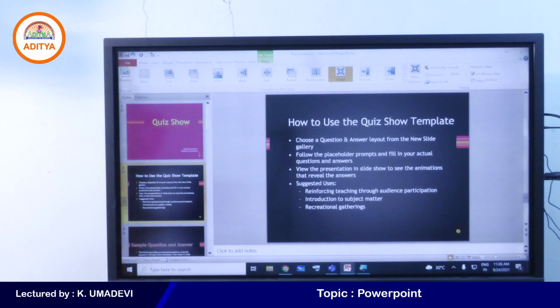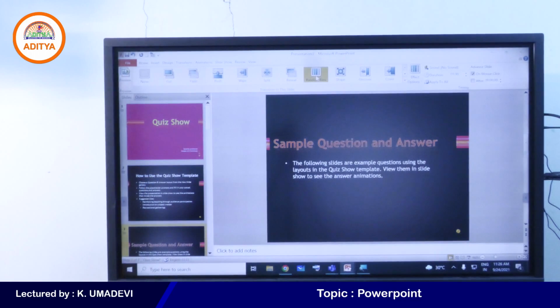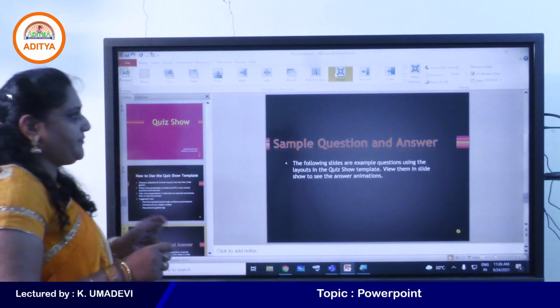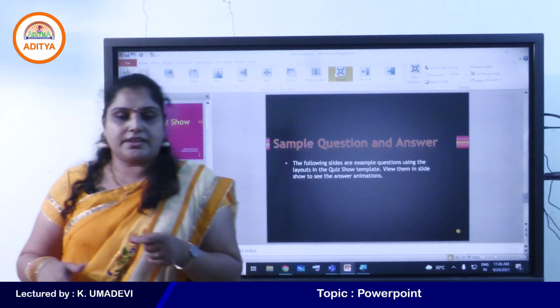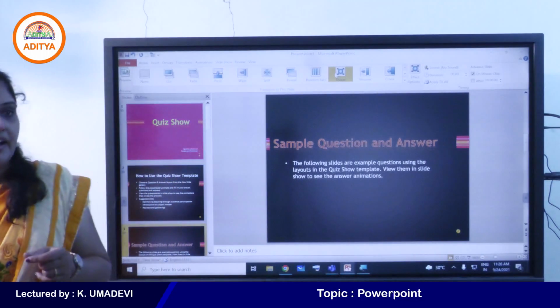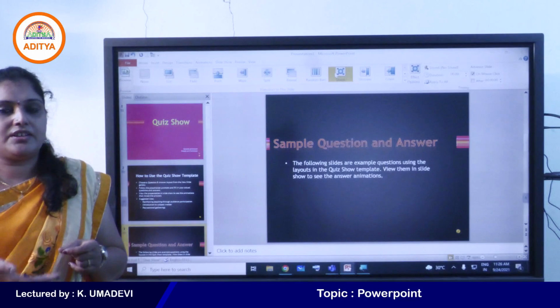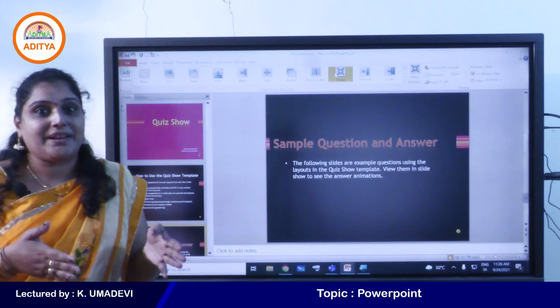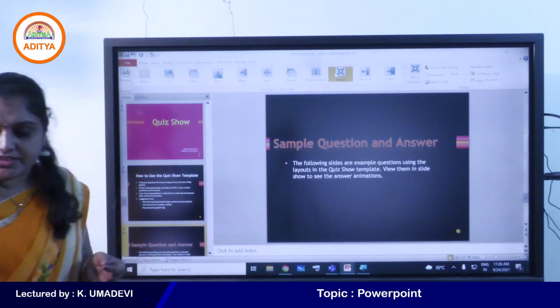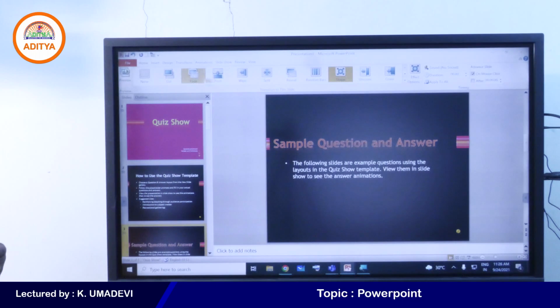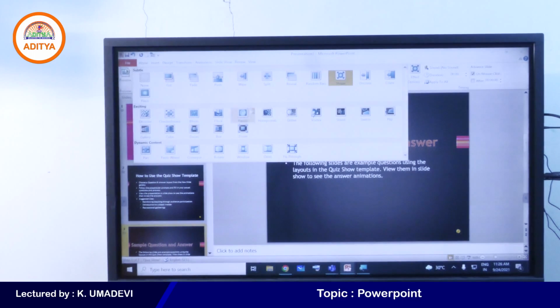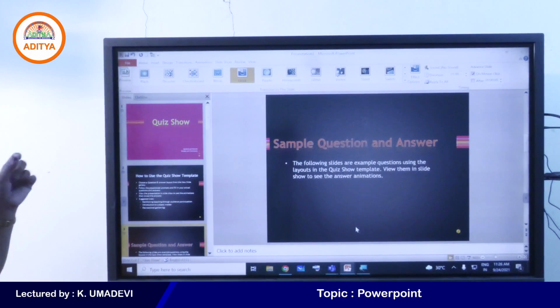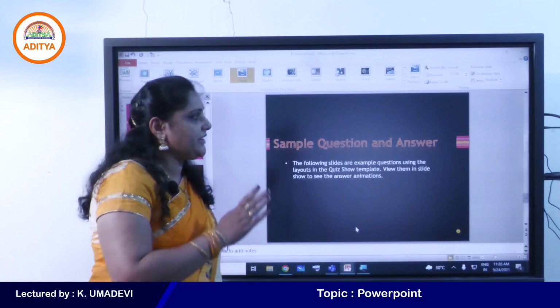And for the third slide, random bars or shape. Clear? By using the transitions tab we can control the speed of the slide transition, and we can use the timings. First I will show you how to control this speed, and we can apply sound. First I will apply a transition, that is clock. If we want to apply the same transition to all the slides, simply click on apply to all.